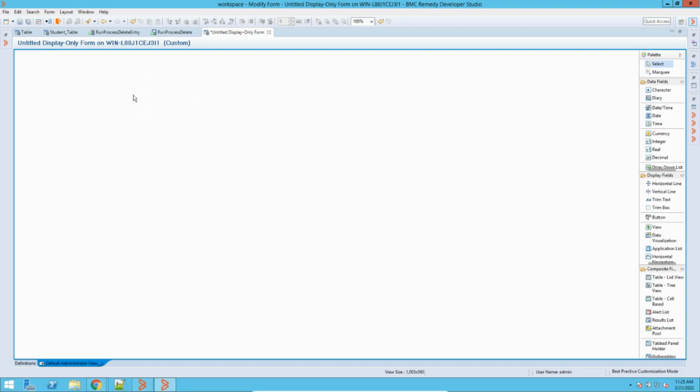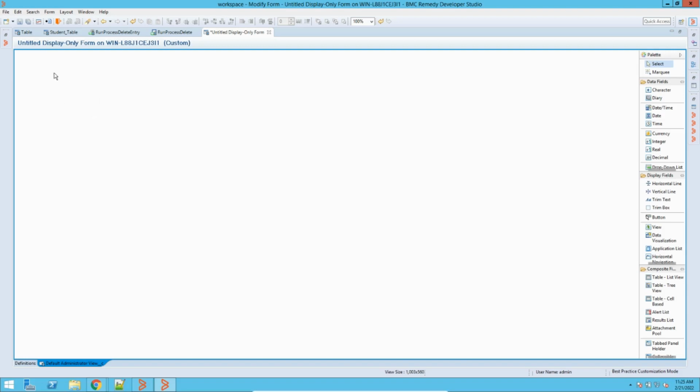Now, I have also taken one display only form, and on this form, I will create different panels. Then on these panels, I will show you how we can create a layout, how we can change the layout, how we can do different coloring of a panel, how we can rename it, how we can give permissions. Permissions are very important in BMC Remedy. Unless you have permission to anything, it cannot be accessible to you on the front end. So now we'll start with different types of panels.